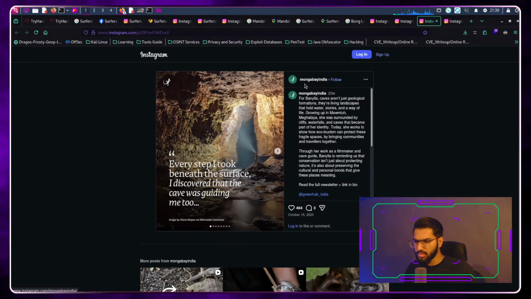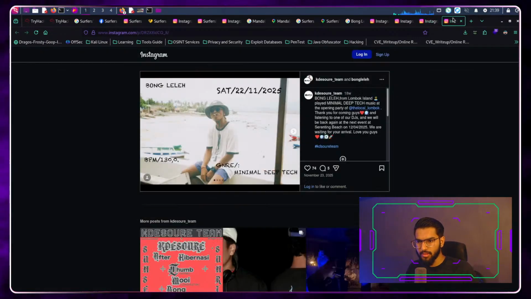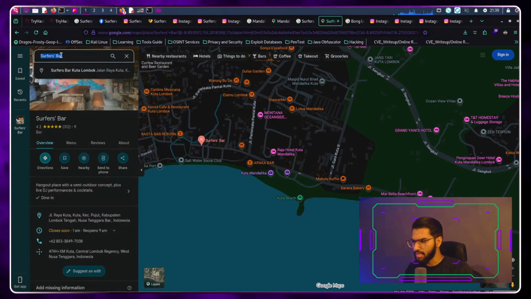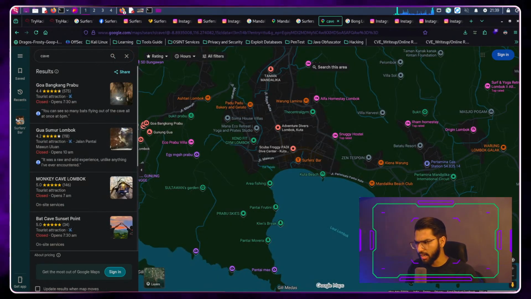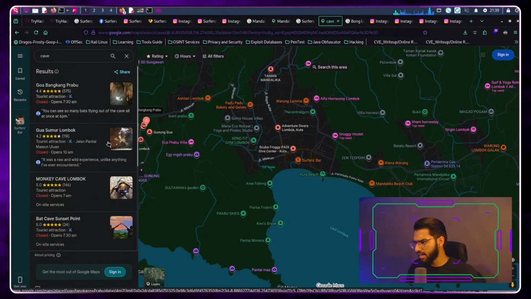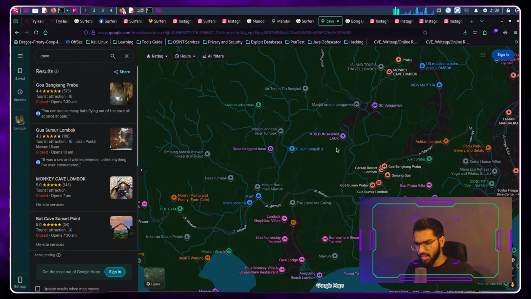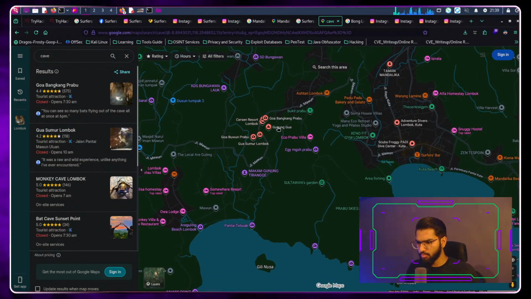Now, this one pops up again, which is Monga Panyan, whatever that name is. Let's open the profile. I can't do it because I'm logged out, and this is the user there. Okay, what if I come to Google Maps and search for some cave nearby this location? Can I see any specific cave that could link here? One cave is this, the Goa Banka, whatever that name is. This is one cave, and it's close to the bar, so that's okay.